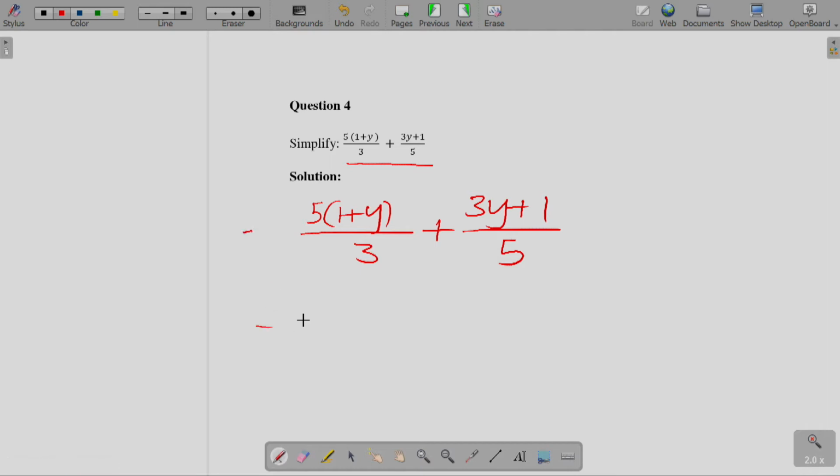The second step is to find the LCM between 5 and 3. So let's find the LCM between these two numbers, which is 3 and 5. The LCM between them is 15. So 15 divided by 3 will get 5. 5 times 5 out of 1 plus y, so we'll get 25 out of 1 plus y